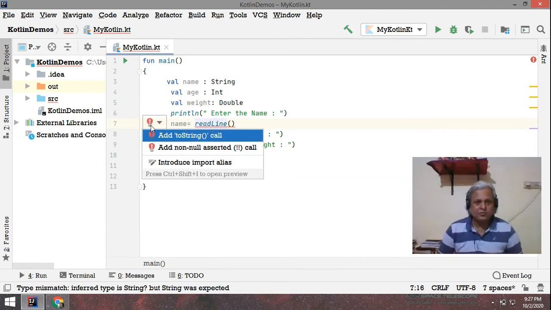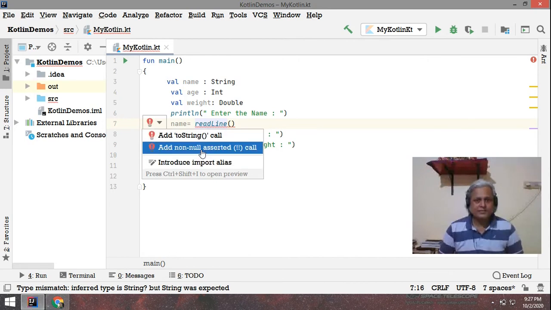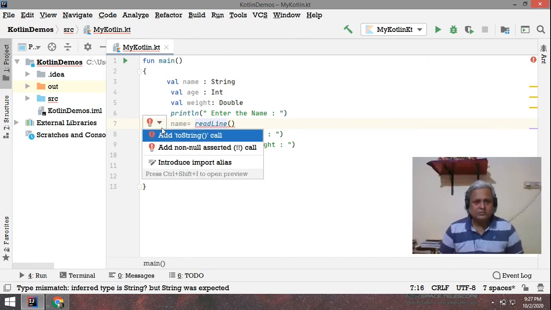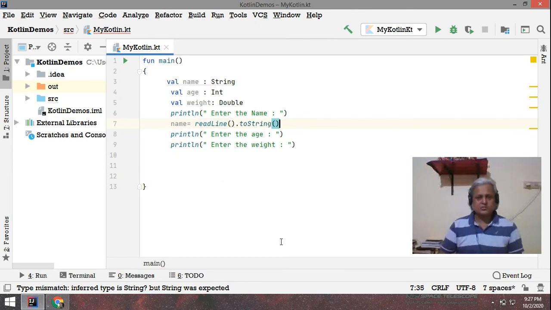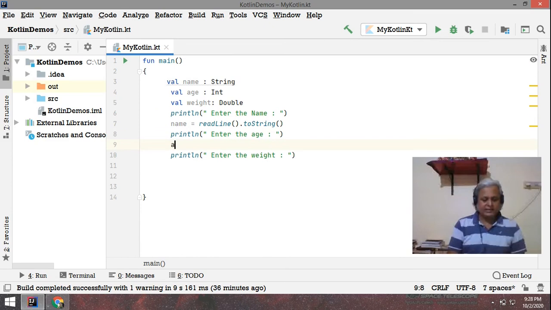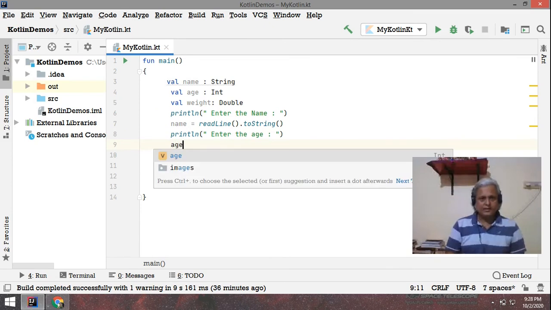Now you have to add this function, toString. So I add this toString, and then it will be placed back into this one. Whatever you get from the user is converted into the string type, and then stored back into the name, because name is also of type string. Then here it goes, enter the age, and then write age equals